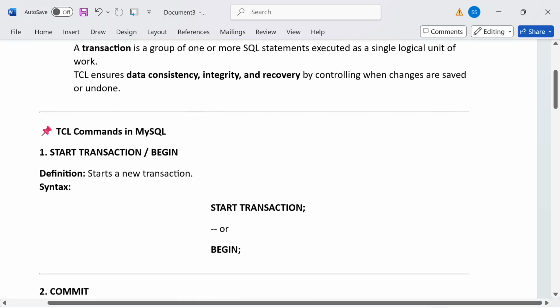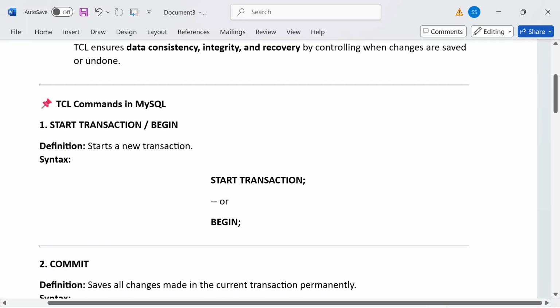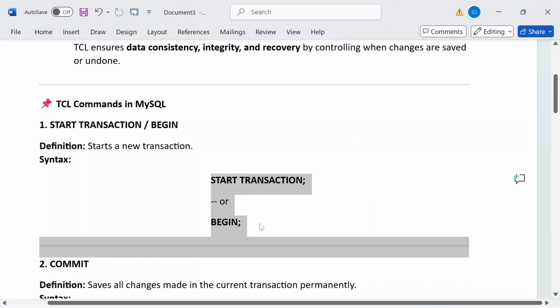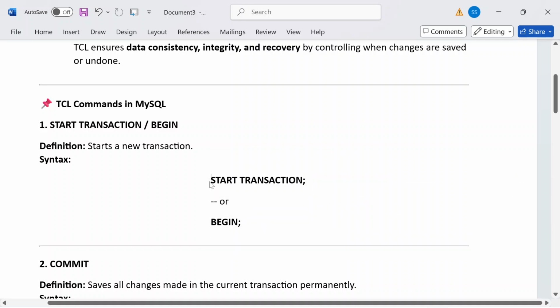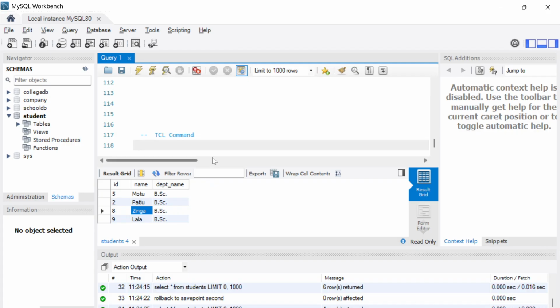So for the TCL commands in MySQL, the first is START TRANSACTION or BEGIN. This is the syntax, and we directly write it when we want to start any kind of transaction. For that, let's go to MySQL Workbench. Here, first of all, we